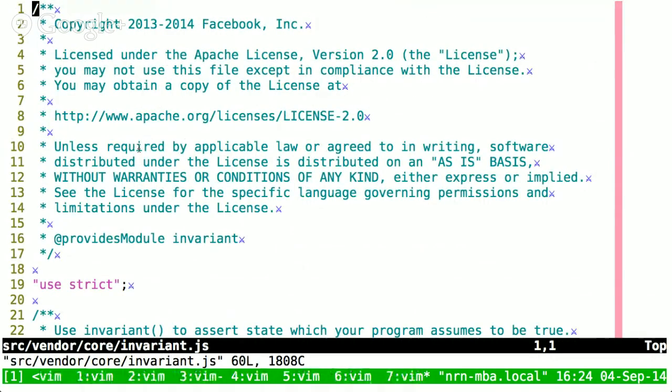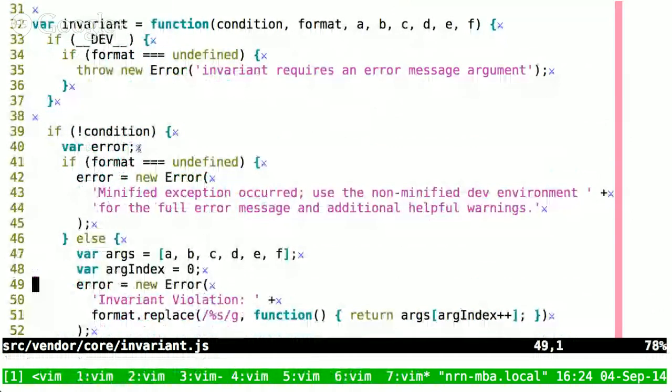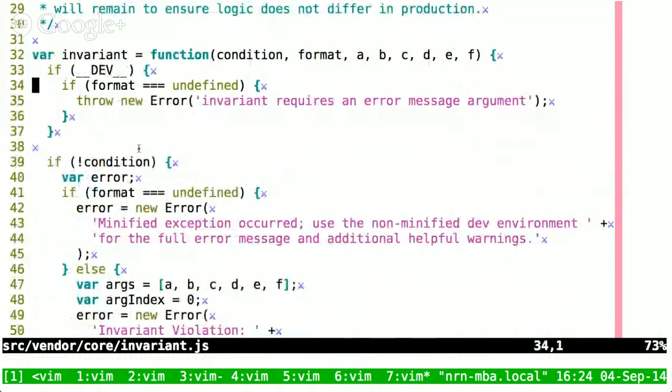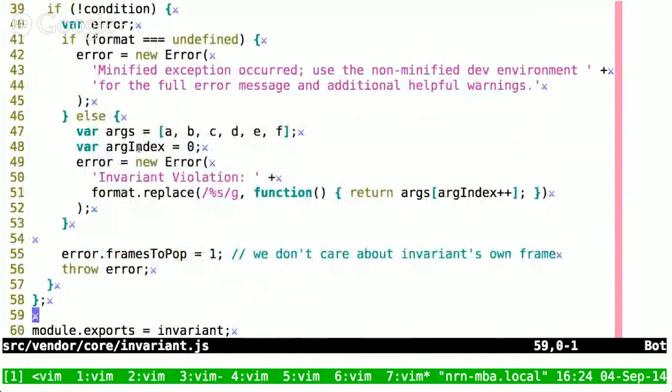Thanks. Yeah, so this one is really weird because really all it does is throw a new error with the message from the second argument. Except that if it doesn't have a format because it was stripped out for minification, then it just throws an error not showing what the actual error message was here. It's really unhelpful, but